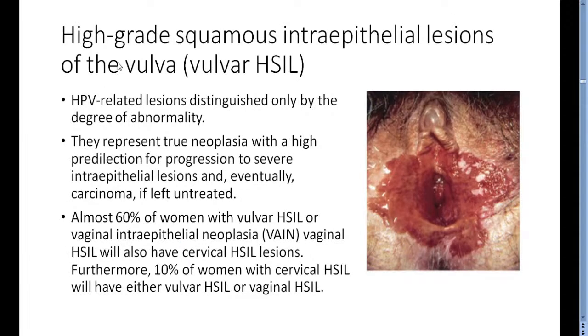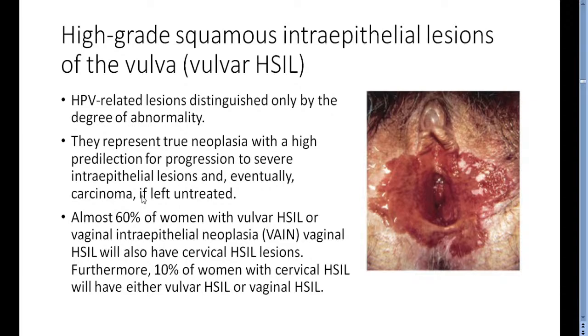High-grade squamous epithelial lesion, which we call HSIL, of the vulva. HSIL is HPV related. They represent true neoplasia with a high predilection for progression to severe intraepithelial lesions and eventually carcinoma of the skin of the vulva, if of course left untreated. So the risk for progression to real cancer of the vulva is very high in patients with